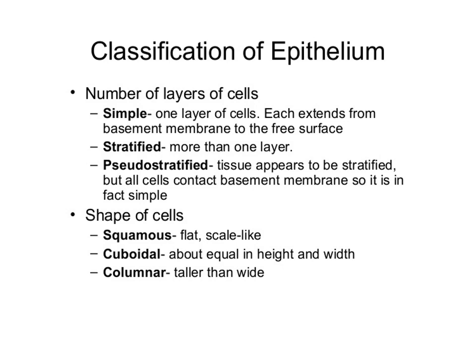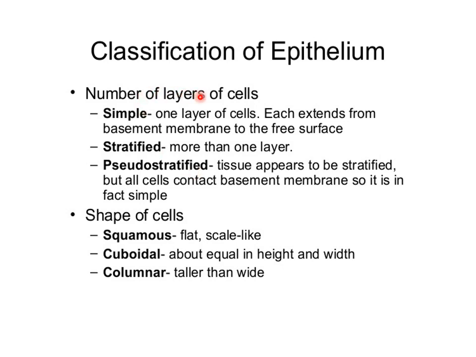So how do we classify the epithelial tissue? We classify according to the number of layers of the cells. If there is a single layer of cells, then we call the epithelium a simple epithelium. And if there is more than one layer, then we call it a stratified epithelium. There is also another variety, which is the pseudostratified. That is, the tissue gives the false appearance of being stratified, but actually it is of a single layer.